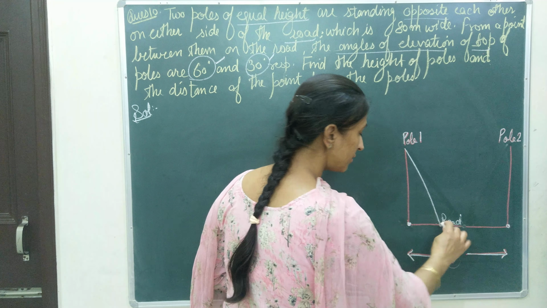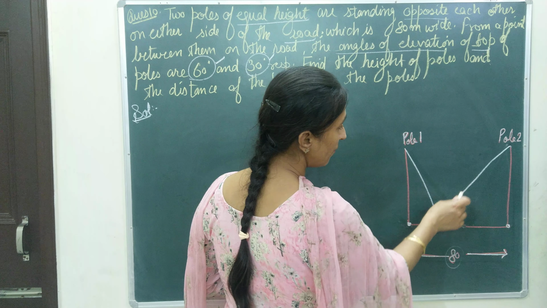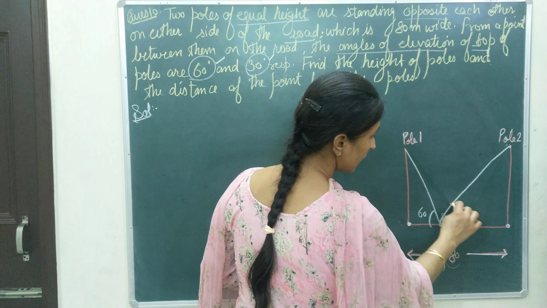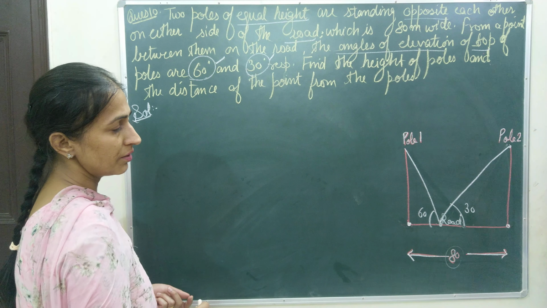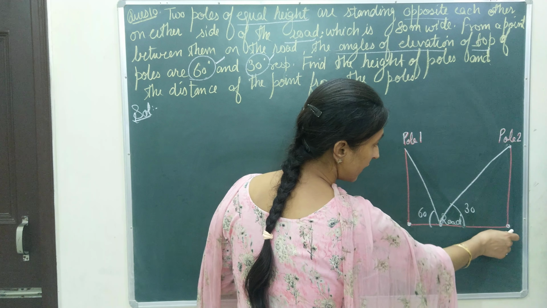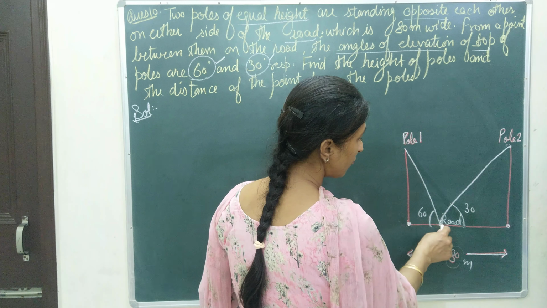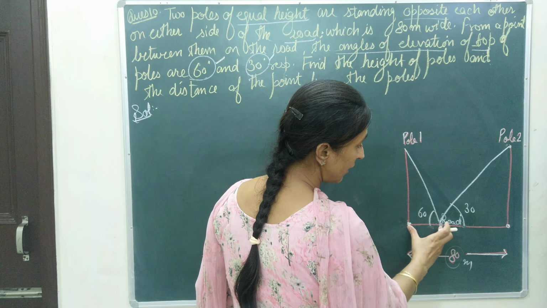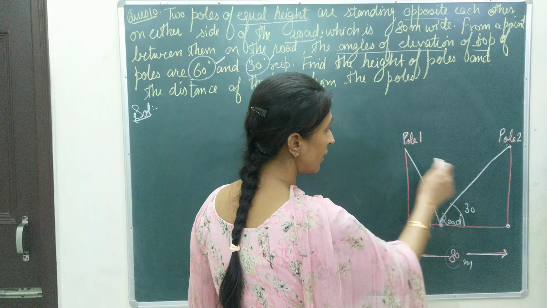So you will join, and from the same point when the angle of elevation is formed, if one angle is 60 degrees, the other angle will be 30 degrees. Now the second thing, you are given the full road size, that is, the road is 80 meters long. If the road is 80 meters, we have to check what is the length of this side, from this point to this, and what is the length from this point to this. Let us name our two triangles.